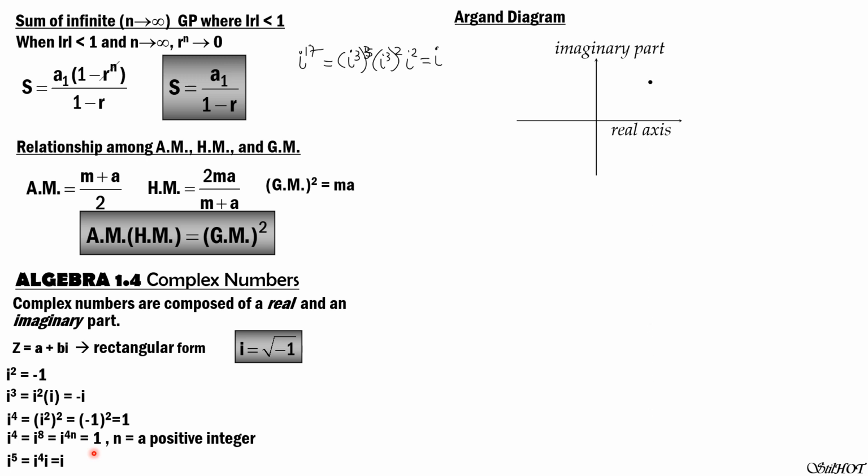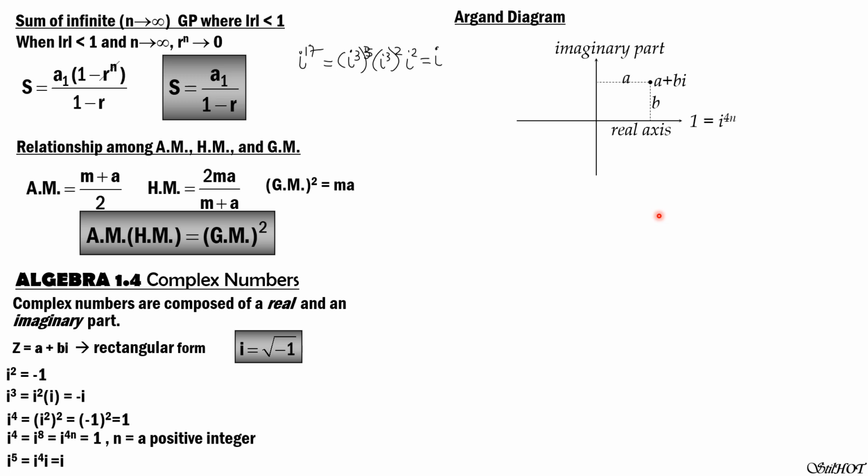The complex number is denoted by this point here. Then, because this is real, this is A and this is B, the value therefore is A plus Bi. This is the positive direction of the real axis, 1; this is -1, and that is i, -i. So 1 is represented by i to the 4n in general.